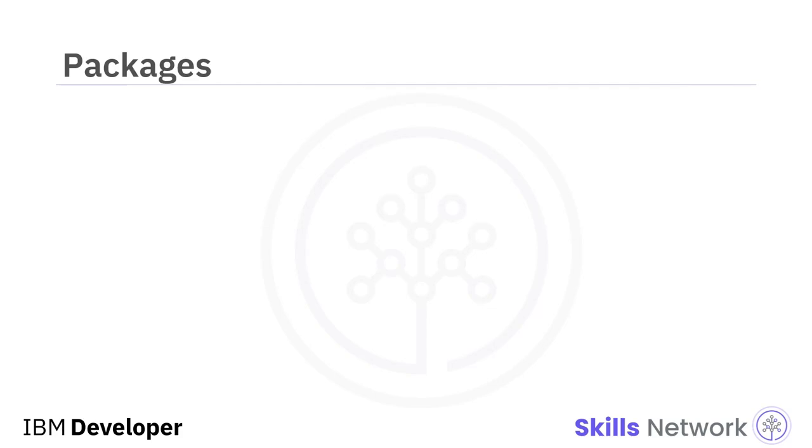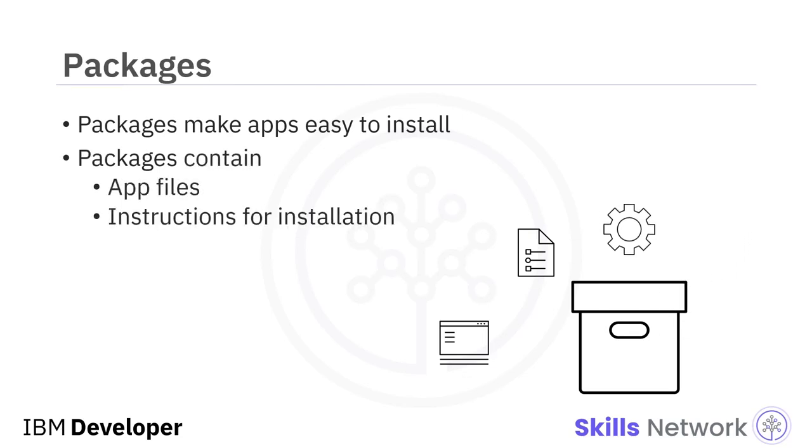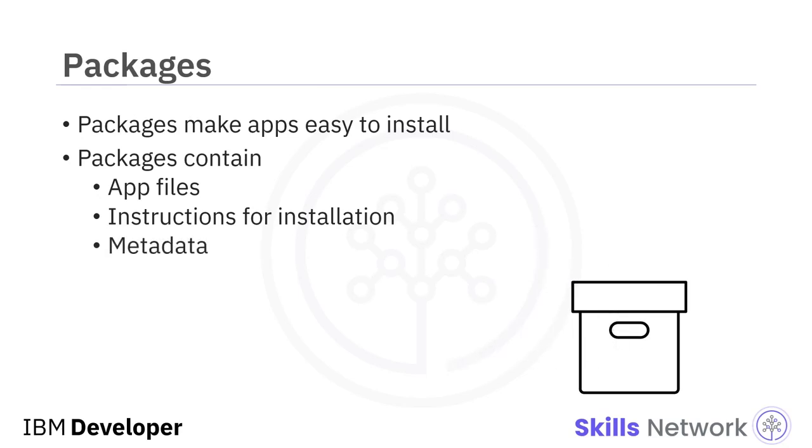Now that you have your app developed and tested, you're ready to deploy. But how does that happen? The app needs to be simple and trouble-free for the user to install. So a commonly used technique is to collect all the necessary files and bundle them together into a package. Packages are archive files that contain the app files, instructions for installation, and any metadata that you choose. They have their own metadata too, including the package description, package version, and any dependencies, like other packages that need